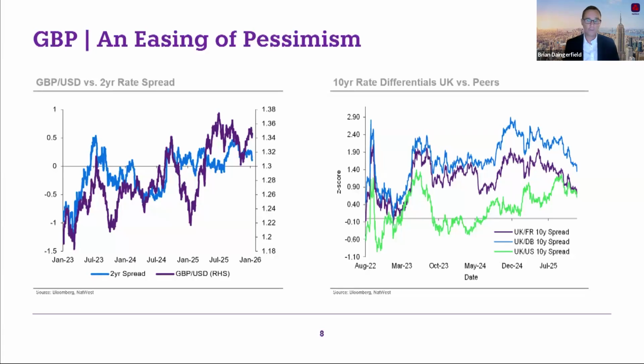But that was also a somewhat boring result. And boring is good in this case. The market had been pricing significant potential downside and significant political risks around this event. We saw sterling move sharply lower into the budget. After that, we've seen sterling actually bounce back a bit. And actually, throughout the month of December and maybe less so in early January, sterling has been on a nice little run here. And I would describe that as an easing back of some of that pessimism.